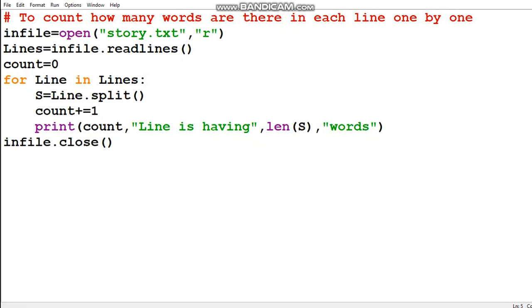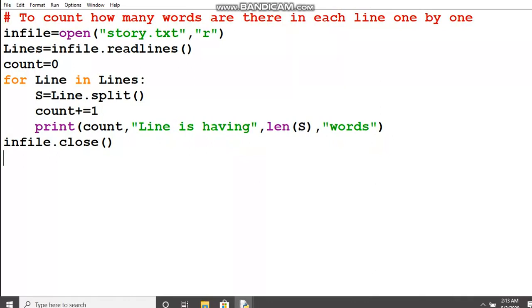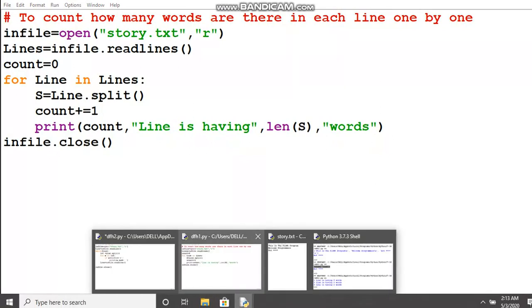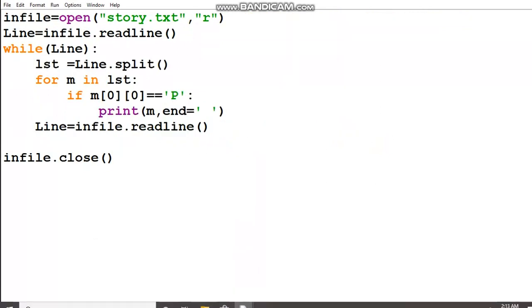The next program, I think I have already created on my screen, so I'll show you without wasting time. I'll be opening the file in this program.